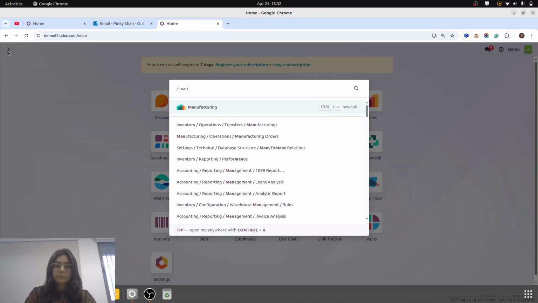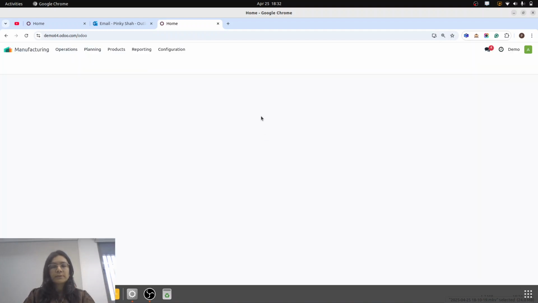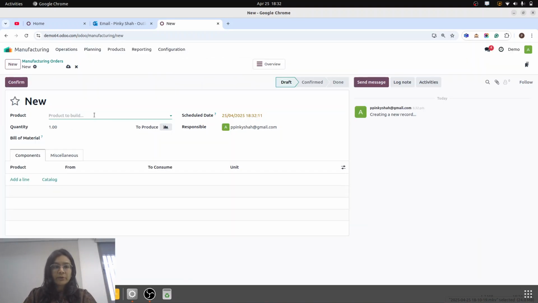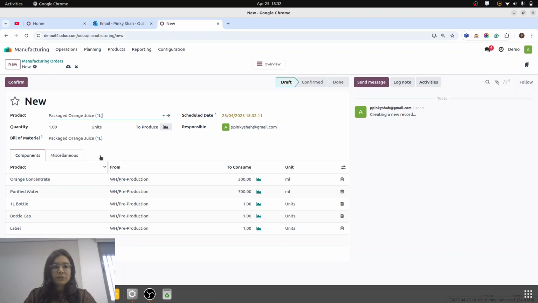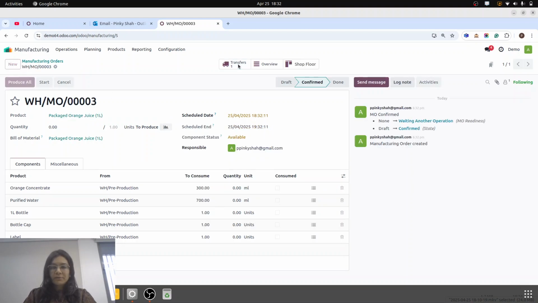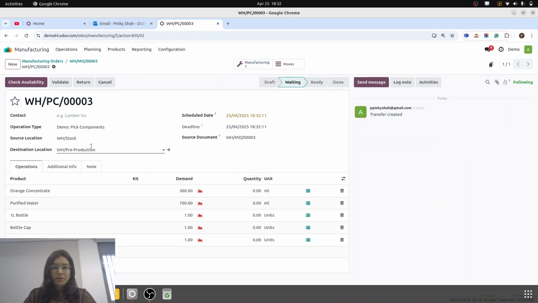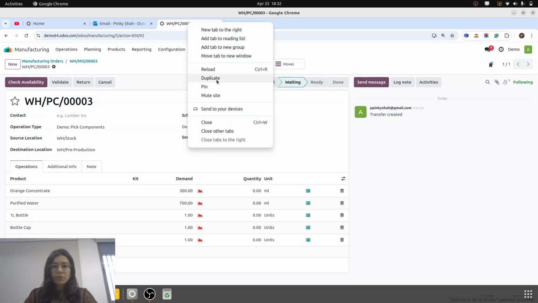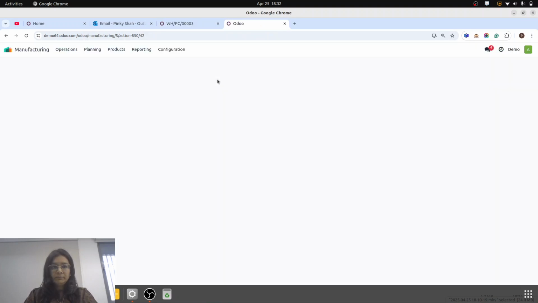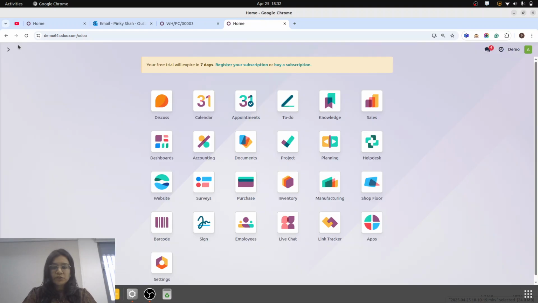So again, manufacturing orders. I'm going to click on that. My product is packed juice. Let me just manufacture only one. Okay, I'm just going to confirm it. So again, transfer is created, but all products are transferred from stock to pre-production. Now let me duplicate it, and let me go to the inventory dashboard,